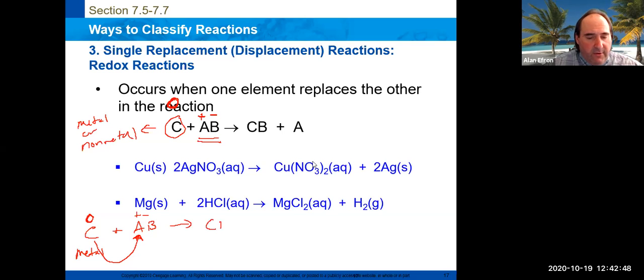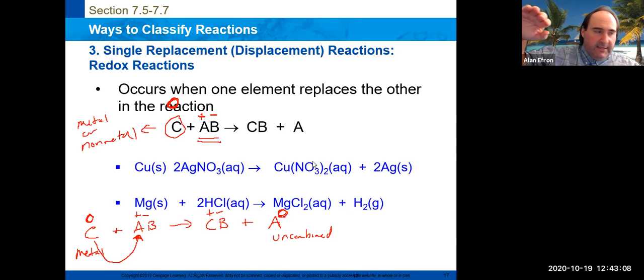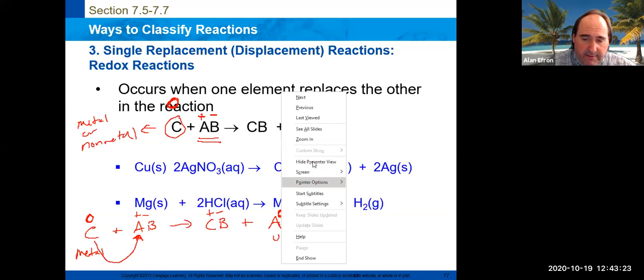you will make a new ionic compound, positive and negative. And the original guy that was positive will come out by himself, uncombined, with a 0 oxidation state as well. So this is what is referred to as a single replacement reaction. Metal comes in, kicks out the positive guy, and we're left with a new ionic compound and the metal that comes out by itself. Now, if this C was a non-metal,